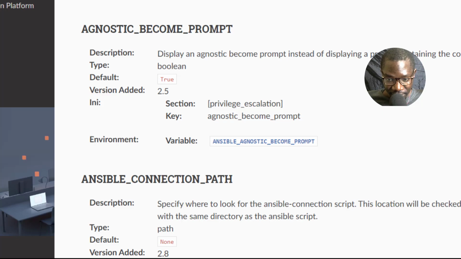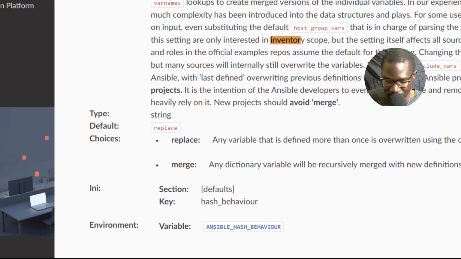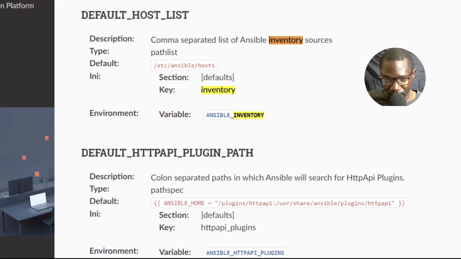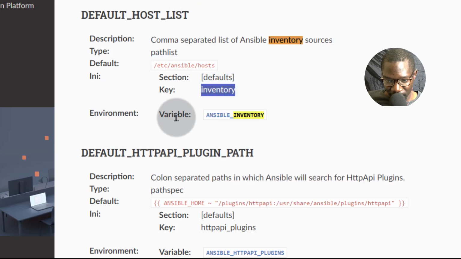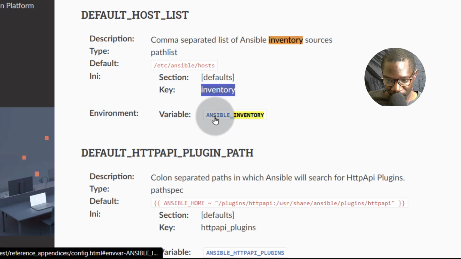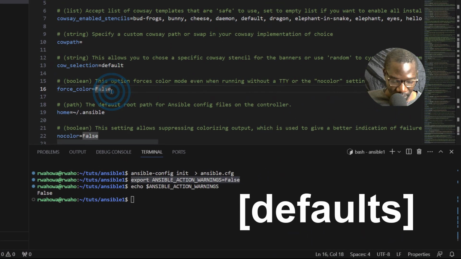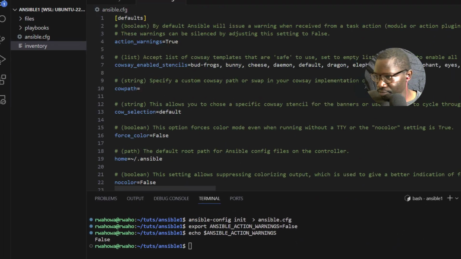So here I'm just going to do Control F because I want to find inventory, the inventory environment variable, default host list. The key is inventory. If you are to define it in the ini file, you'll just use inventory default host list. If you are to define it in an environment variable, you'll use ANSIBLE_INVENTORY. And that is usually defined under defaults. You can just add it here. Inventory